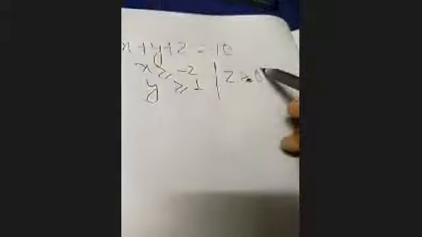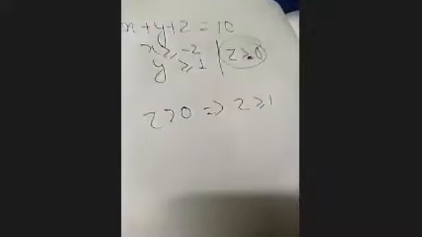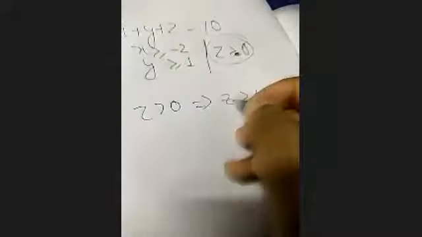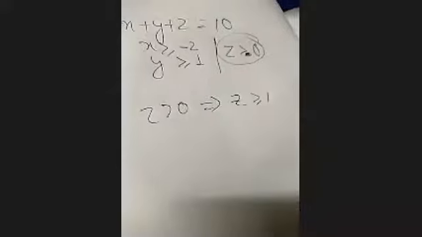Okay, 2 minutes over now. So let me show you how to do this. This problem was a bit hard, I mean medium level problem. So how to do this? First of all, we will analyze the case for z greater than 0, not greater than or equal to 0. See, z greater than 0 implies z is greater than or equal to 1. So a bit of inequalities is actually being applied here for Beggar's method. Z is greater than or equal to 1.